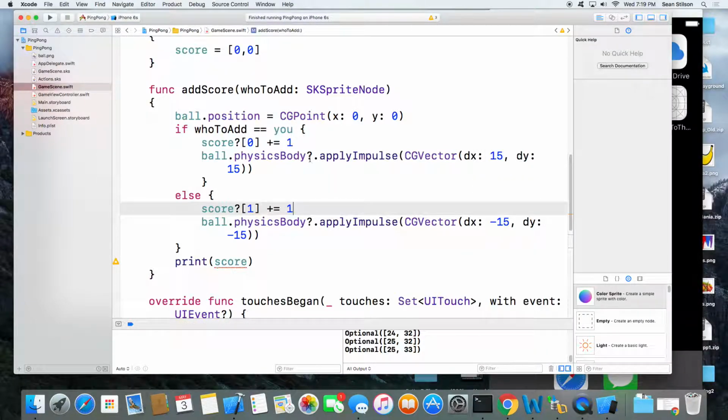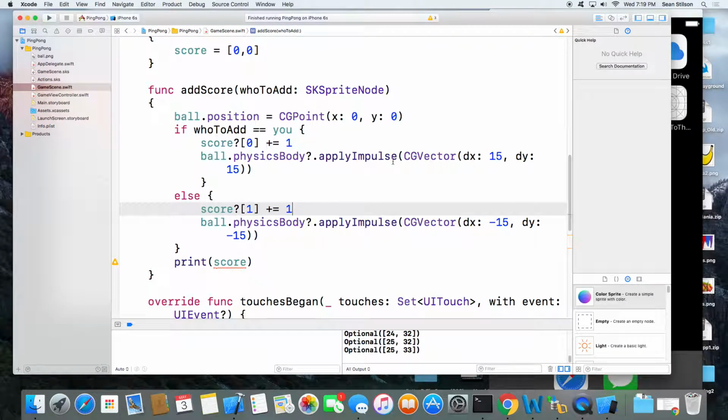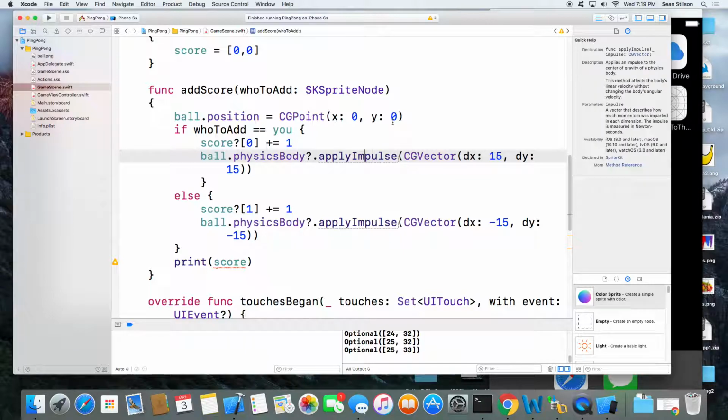The reason why is, and you can stop it before it gets too insane, these impulses are additive. If it already has an impulse and you apply another impulse, it's basically like multiplying it. So each time you score, that velocity vector is going to increase.